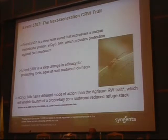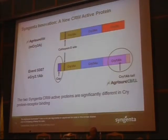It's an event called 5307, based on the eCry3.1Ab protein. It's a different mode of action compared to our previous rootworm gene, MIR604. Let's compare it to our previous rootworm trait, Agrisure rootworm. That is based on mCry3A, and the new trait, 5307, is based on a hybrid toxin. Those two genes have two different modes of action,